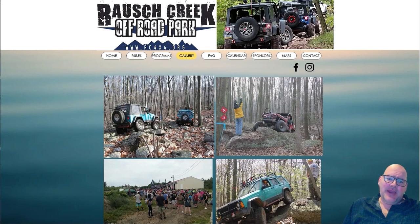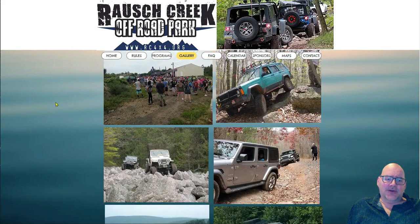One of the main ones I found, of course, is the Rausch Creek trails. There's a lot of trails over there. You get an annual membership. We've gone over the last couple of years a few times, and it never gets old. There's always new trails. If you look on the website, you can be a little intimidated because it's showing these